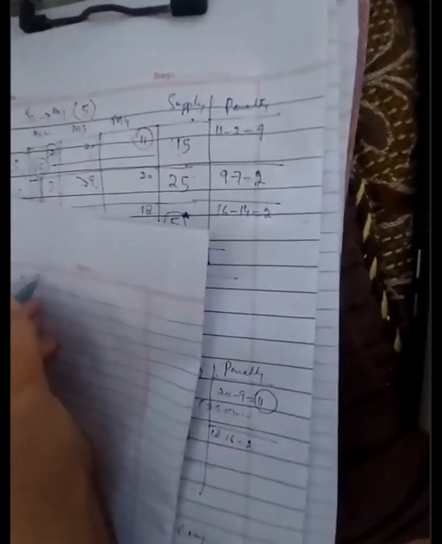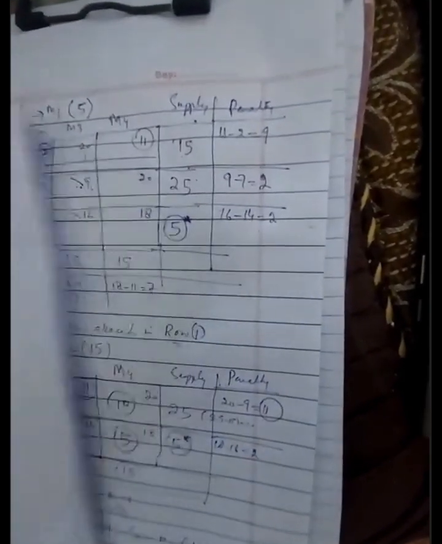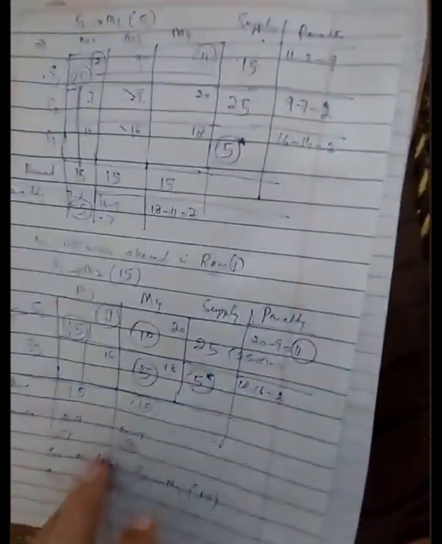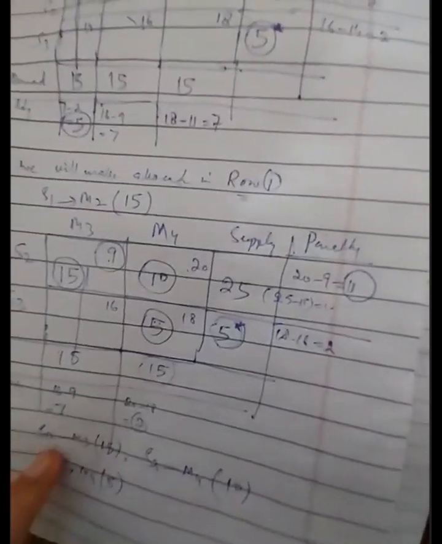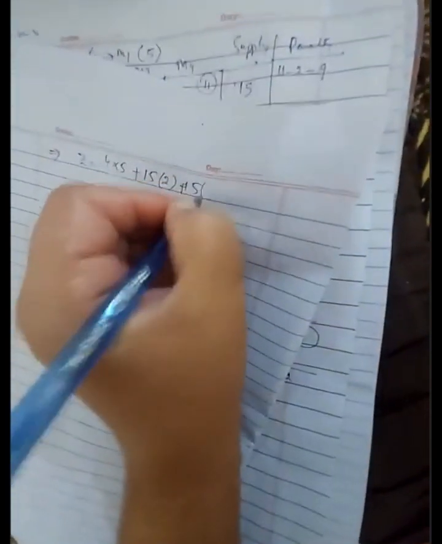So we will add 15 multiplied by 2 over here, and the next allocation that we made is from S2 to M3, which is 15, and the cost is 9. So it is 15 into 9